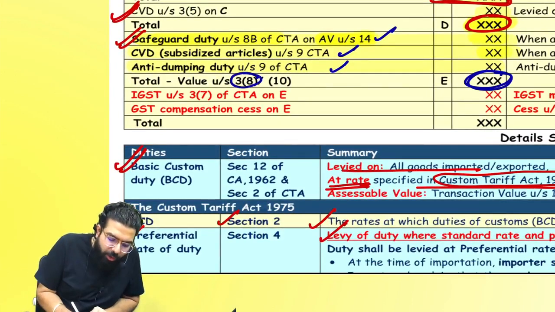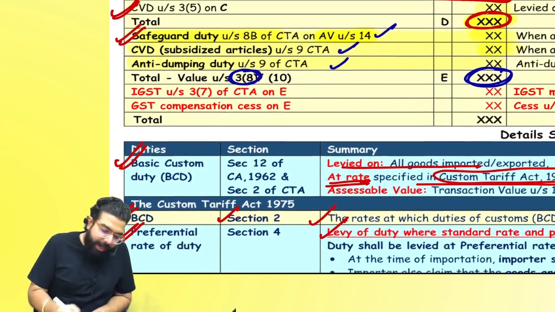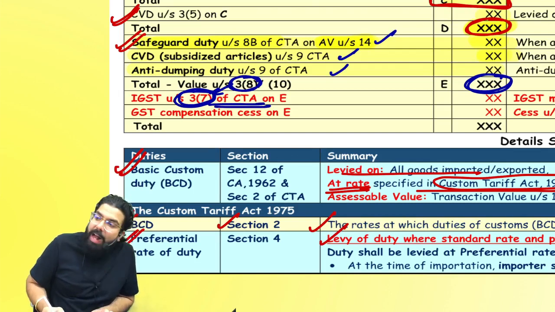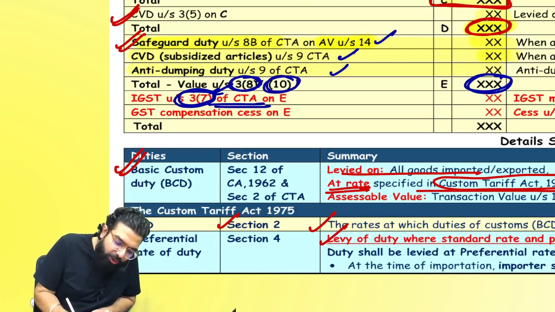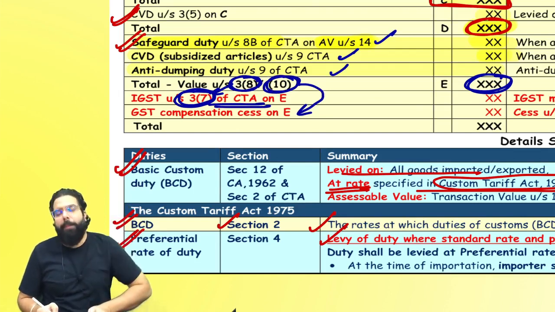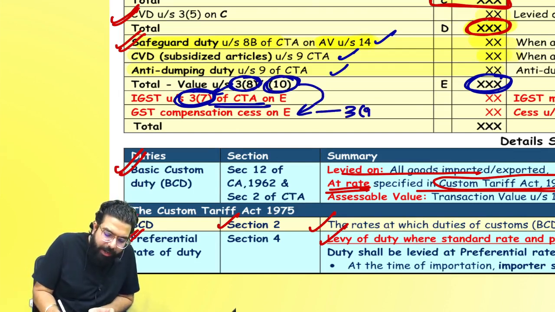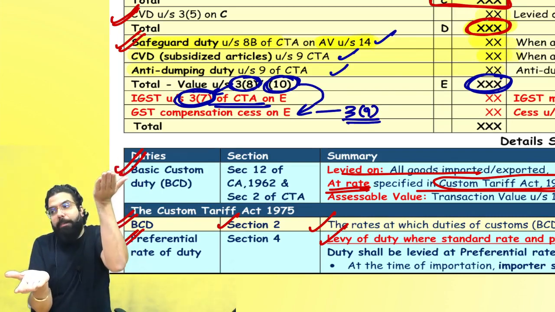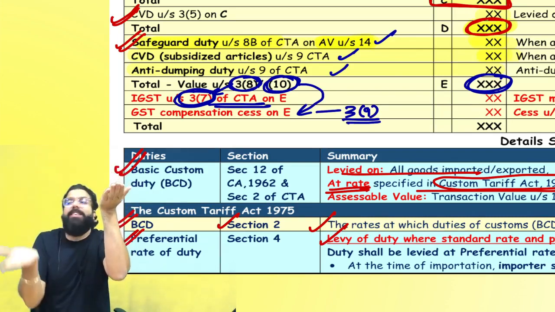This total value is known as value under section 38, and on the 38 ka value, under section 37, IGST is levied. This value is also known as 310 ka value, and on the 310 ka value GST compensation cess is levied under section 39. Always remember one thing, on Indian goods IGST is levied at 18%, on imported goods also IGST will be levied at